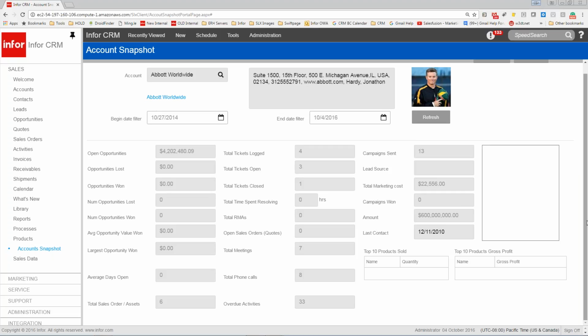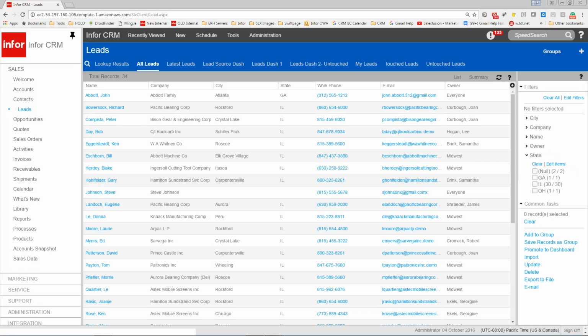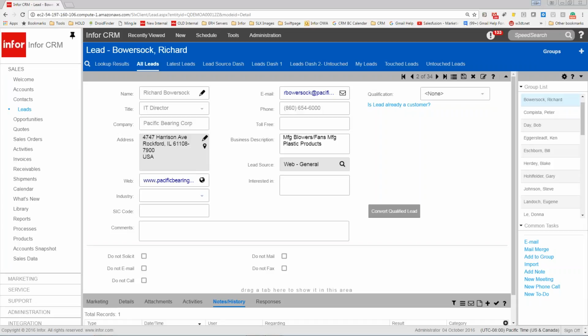So the ability to look at data and look at information from a 360-degree view, again, is something that we try to provide. So when we're talking about quotes and leads and opportunities, all of those things are similar in how they function, right? So if I wanted to look at leads, I most certainly can. I'm looking at all the leads. These leads could have come in from a purchase list or any number of places, but they have features and functionality built into them as well to allow you to look at that particular lead and then work through a sales